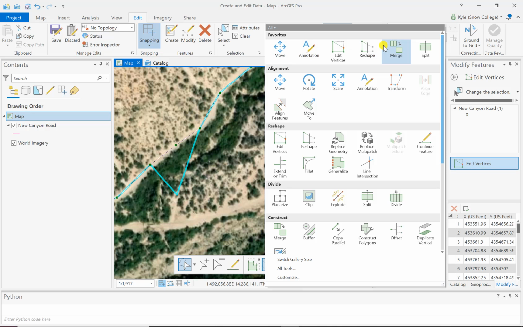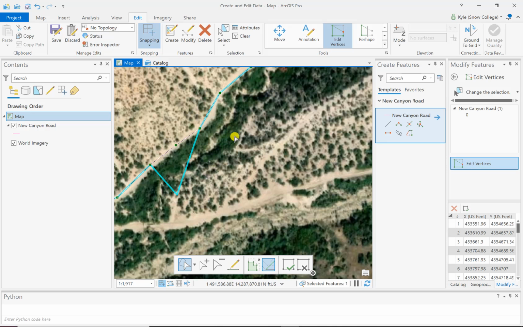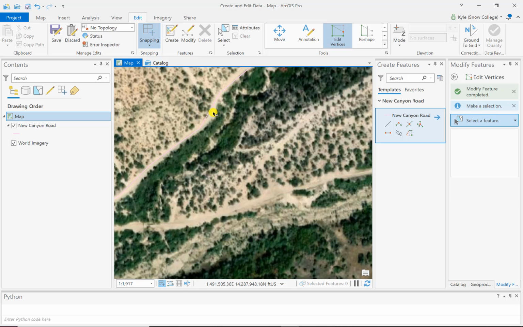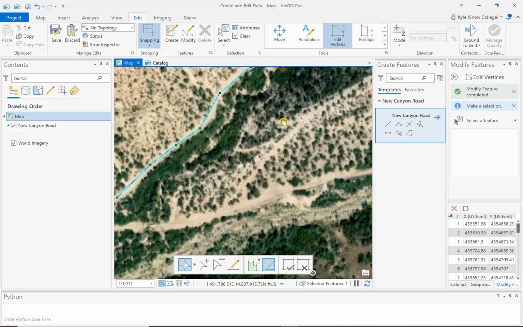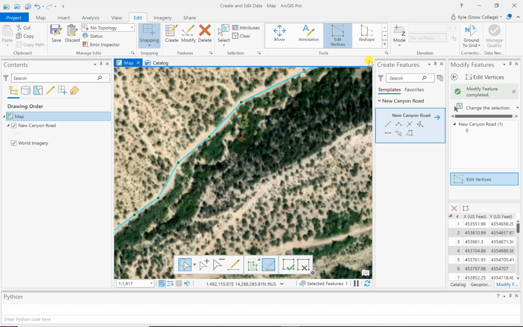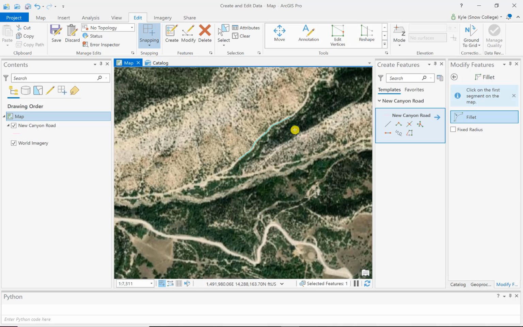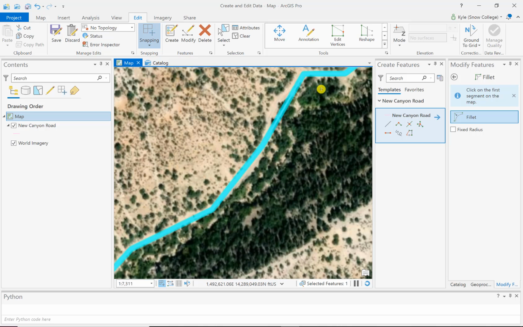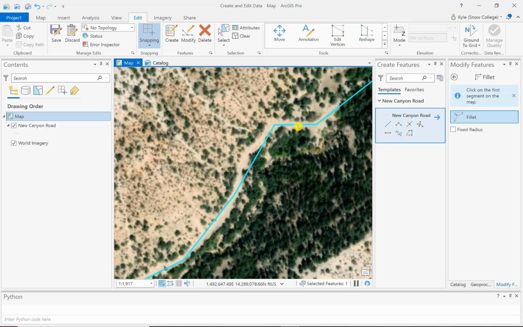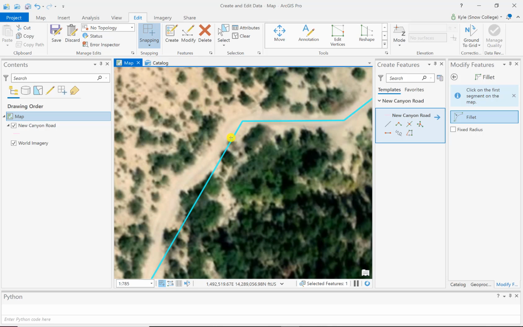Okay, the next thing I can do, let me keep this selected, that I want to show you from our editing features, and I'll let you play around with many of these, but here's one that's kind of fun. So reshape, let's add a fillet. And I'm going to zoom in here to this corner, and it asks us to click on our first segment and our second segment, and now it will create a round